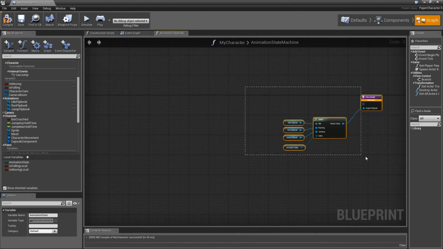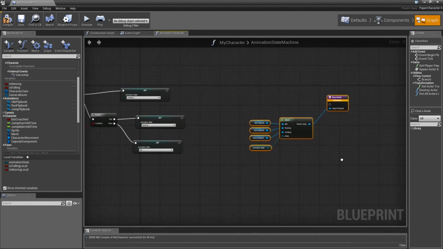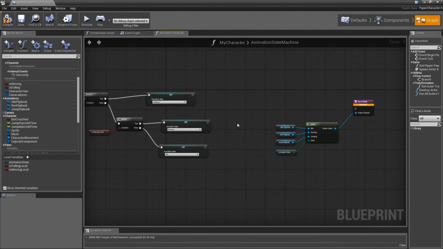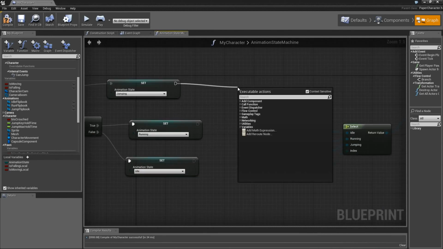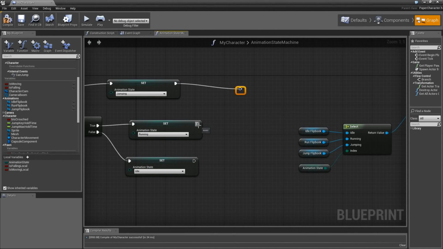Now, the last thing we need to do is plug all of this back into that return node. And for cleanliness sake, the way we're going to do that is I'm going to drag a wire off my execution pin, and we will do a reroute node. And we'll just plug everything into the reroute. And I'll run the reroute